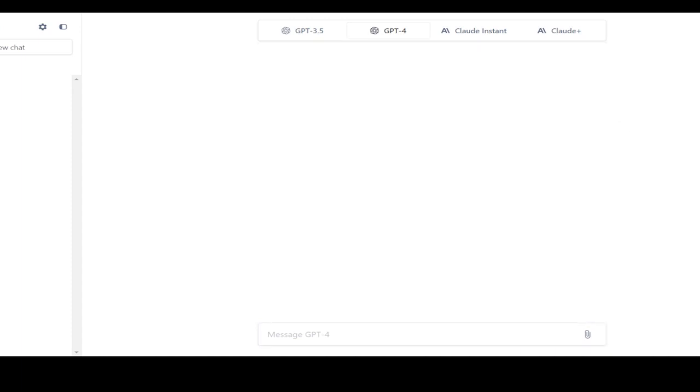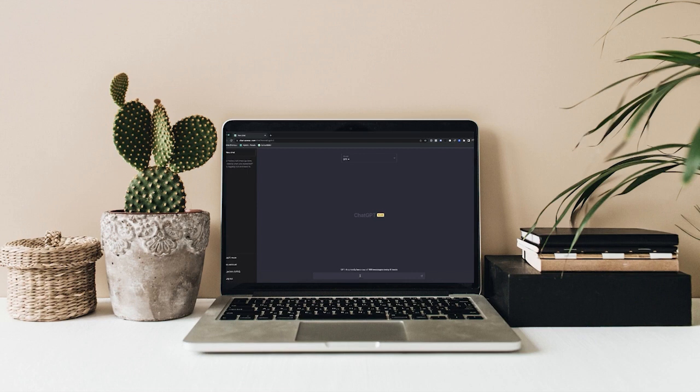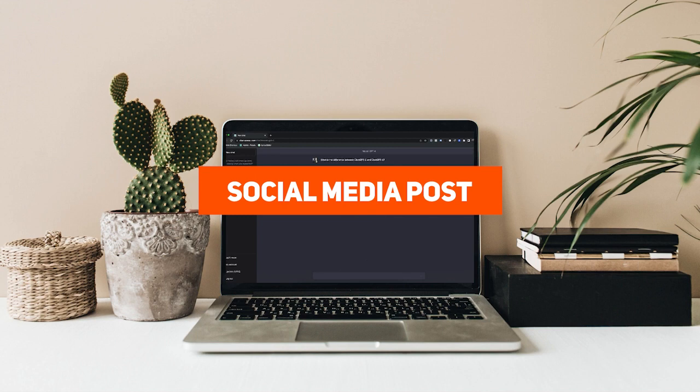Using ChatGPT 4 is incredibly simple. In the text input box, type in your prompt or question and hit Generate. The AI will then process your input and provide a response in the output box. You can use ChatGPT 4 for various tasks, like generating blog ideas, writing social media captions, or even answering questions